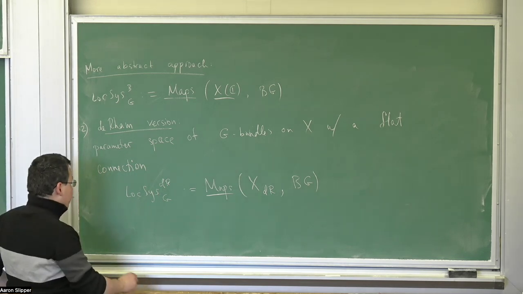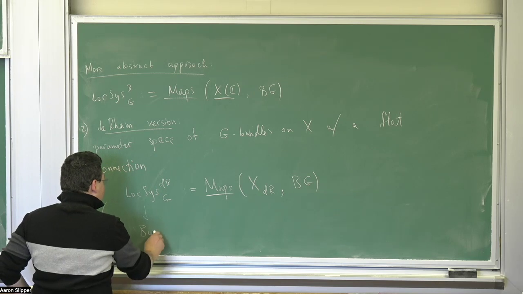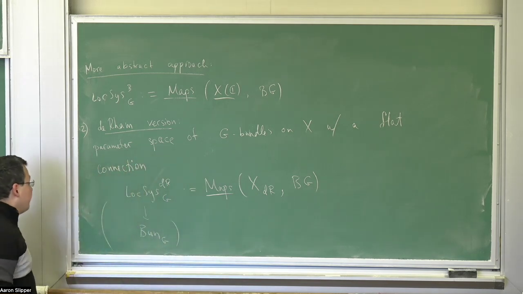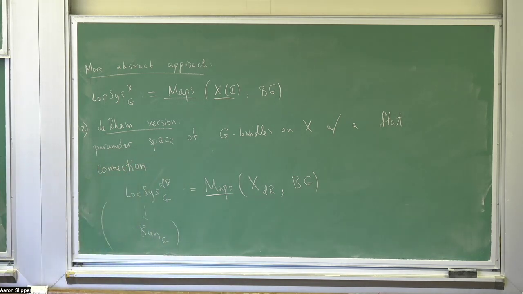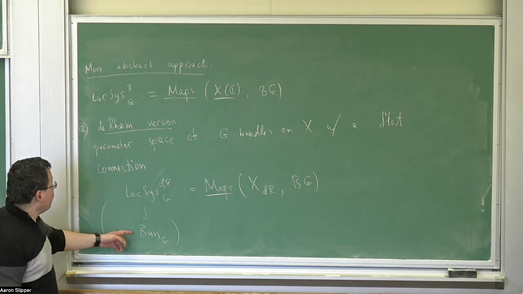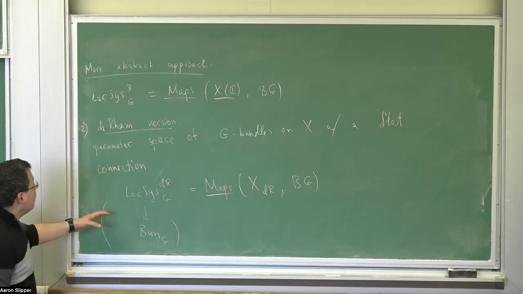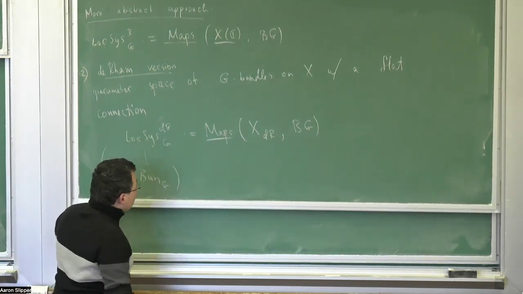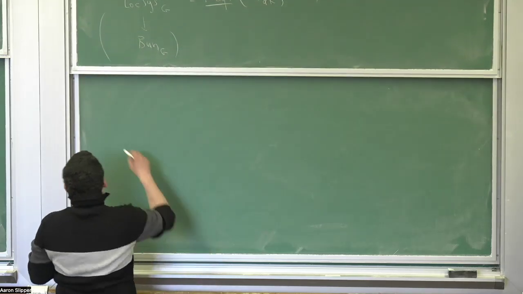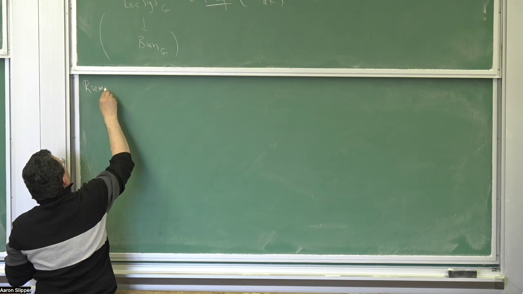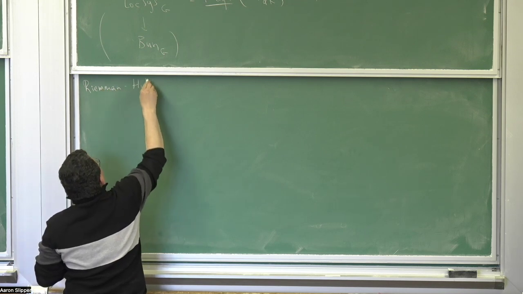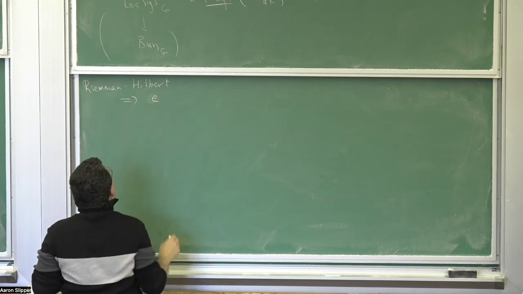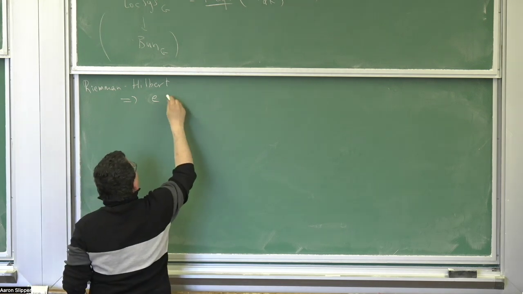So this always has a map to BunG, just because you have a map from X to X deRham, and you pull back. In particular, the fact that you have this map more or less shows you that, the point is there's the Riemann-Hilbert correspondence, which implies that the E points, so E of C here,